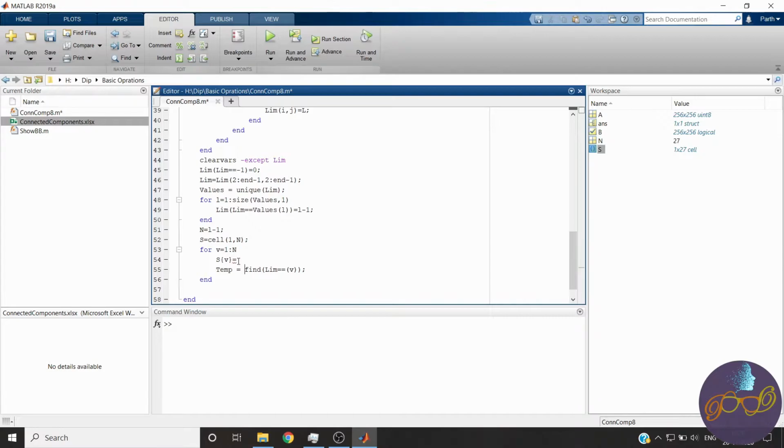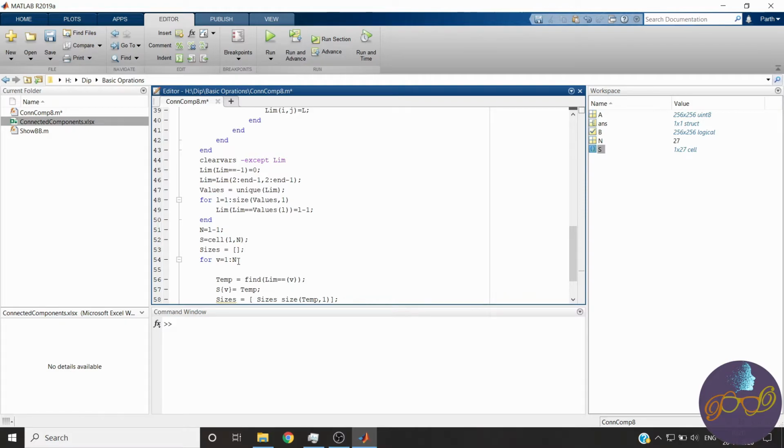I will name it temporary, and we'll store the size every time, right? We'll append this every time. We will create a blank